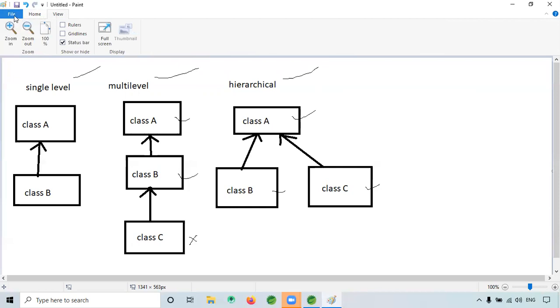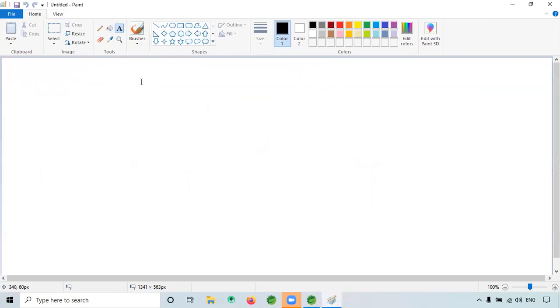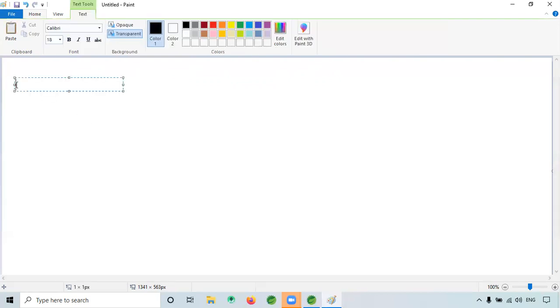Even though I said hybrid when you were explaining hierarchical, I said it by mistake. Sometimes the interviewer will confuse you by asking whether multi-level inheritance is possible or not. Some people simply mug up, and as soon as they hear multi, they say no. They won't hear properly whether it is multi-level or multiple. Even if somebody asks twice, we can get confused whether it was multi-level or multiple.